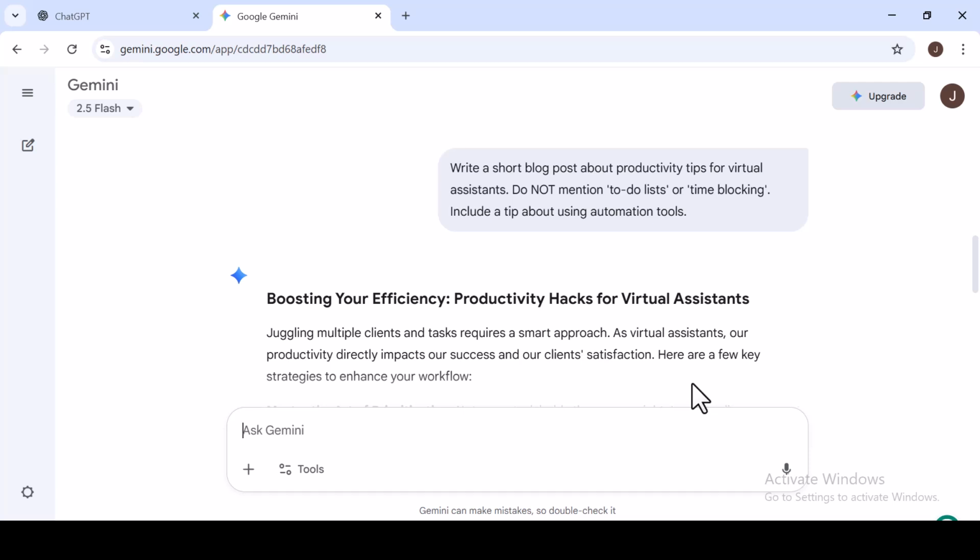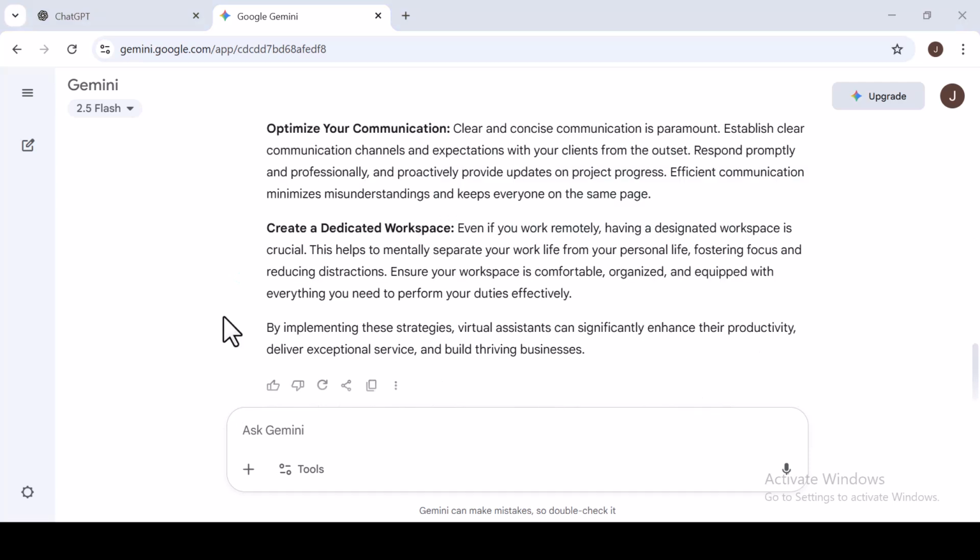And you can get even more specific. Constraints can also control the format and even the tone of your output. Let's say you need a quick summary, not an essay, and you want it to sound like an expert. You can add format and persona constraints. By instructing the AI to respond in a bulleted list format and adopt the persona of a senior HR consultant,